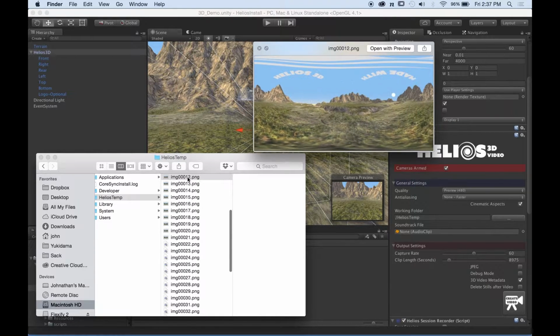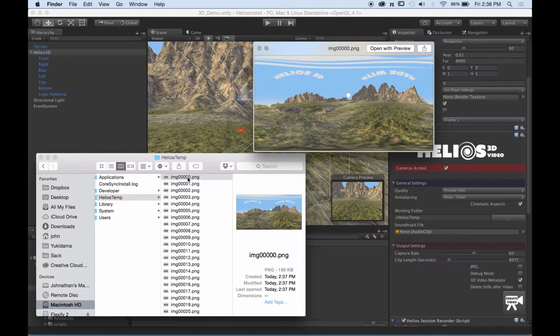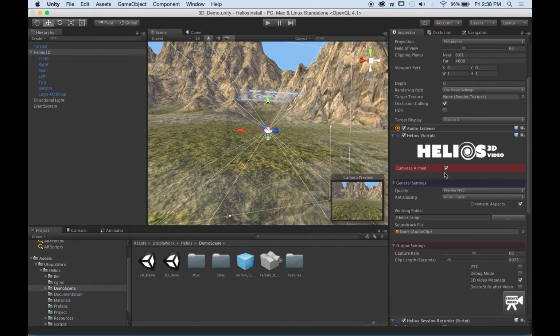If you just want to get up and going real quick, this is the best way to do it. Just arm the cameras and click play. However, because Helios is an offline renderer, that's probably not going to work out for you, because when you want to start running at a higher quality, we're just running a preview at 480. If you wanted to run it at desktop quality and try walking around your scene, you're going to start noticing some lag. So your ability to make really precise movements with your character and move them around, you start to lose that. So to get around that,